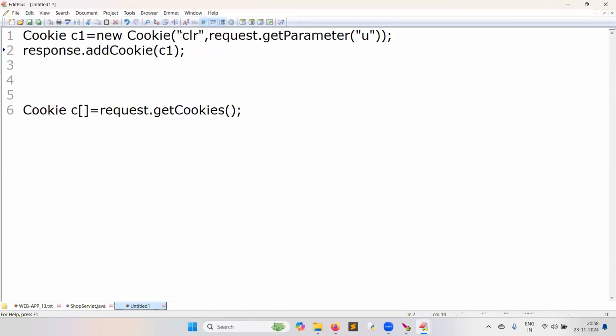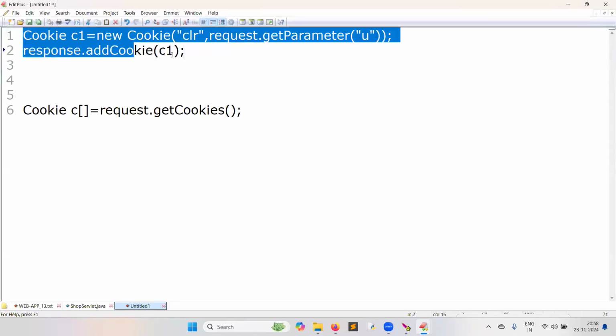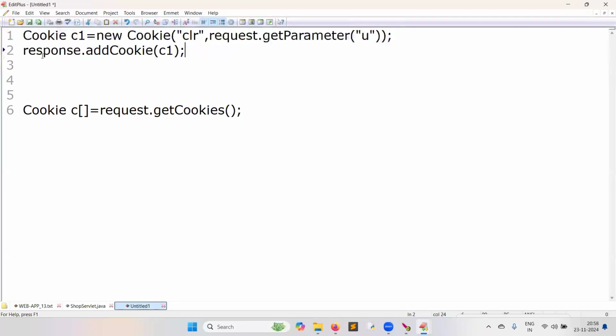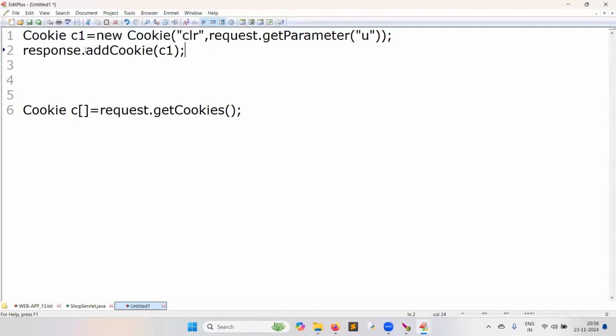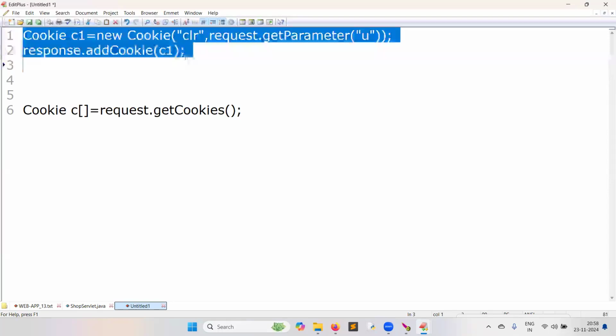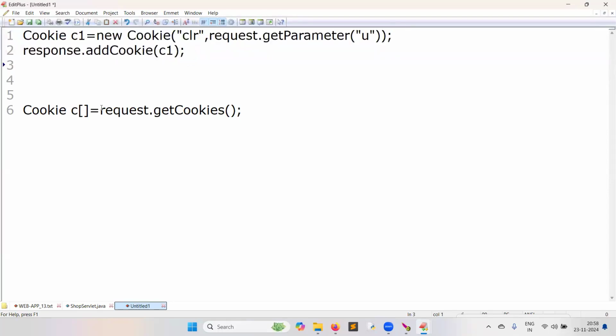Invisibly, this name-value pair will go to the browser and get stored in the browser machine. After six months also, if the user visits the same website, the browser will resend the same preference to the server. How do you get that again? The method is getCookies. The getName and getValue methods are in the cookie object. You can capture the things.